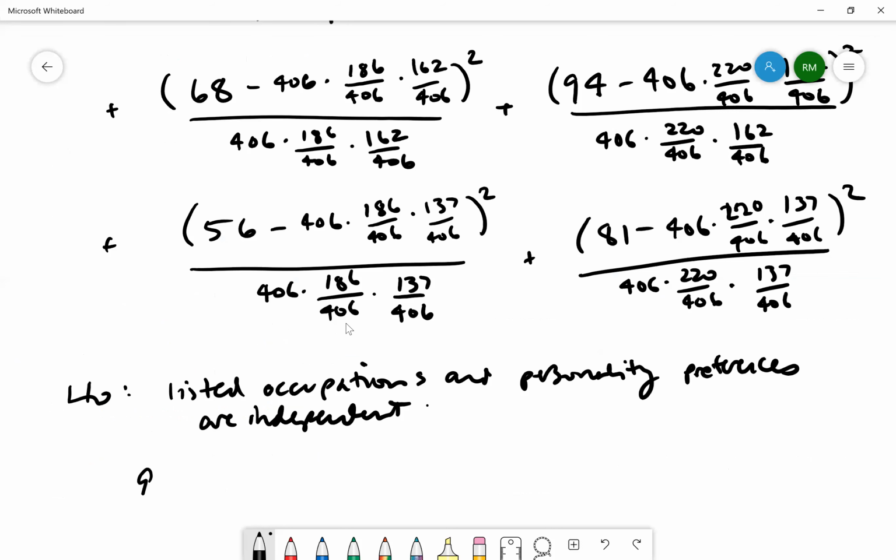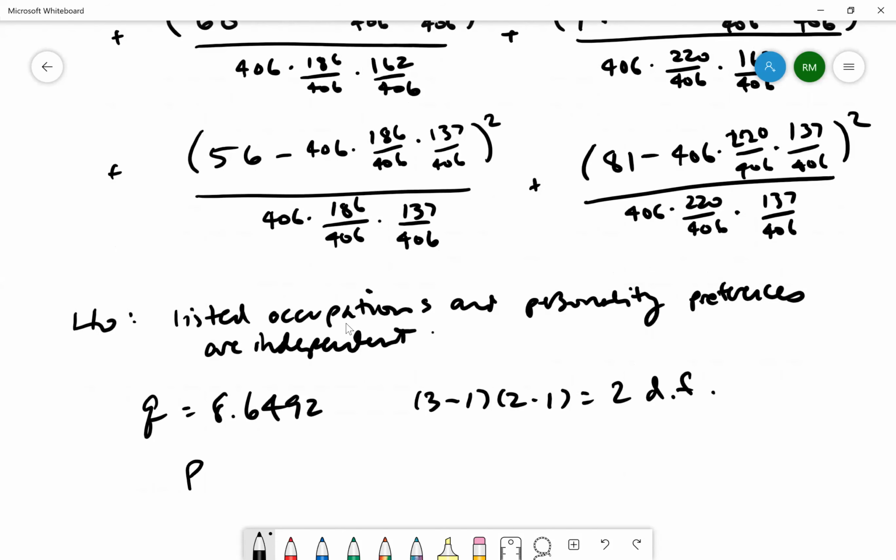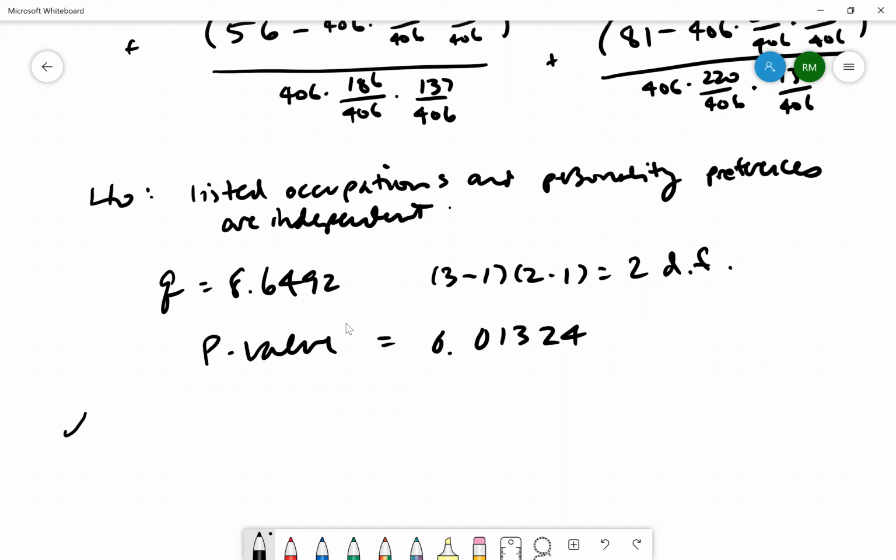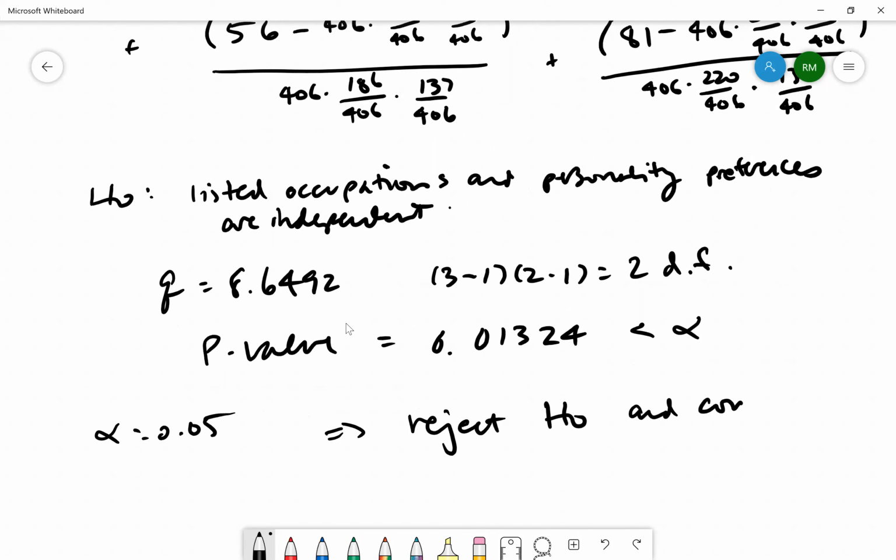So we see that our chi-square value is 8.6492. We have 3 minus 1 times 2 minus 1, which is 2 degrees of freedom, and it calculated a p-value of 0.01324. I didn't mention earlier, but alpha was 0.05. So our p-value is less than alpha, and we reject H0 and conclude